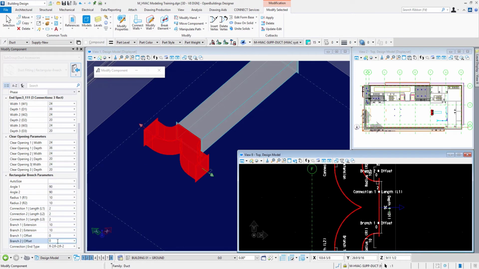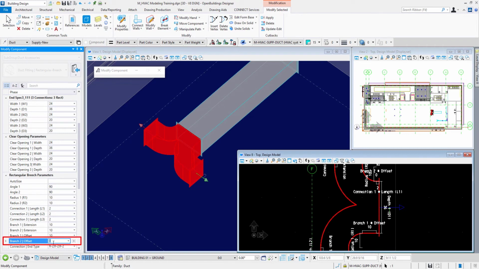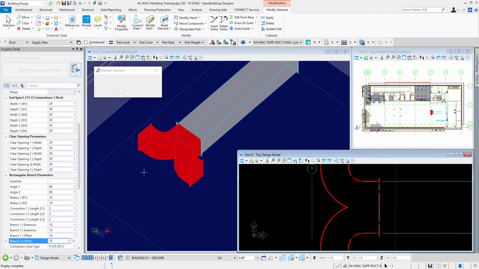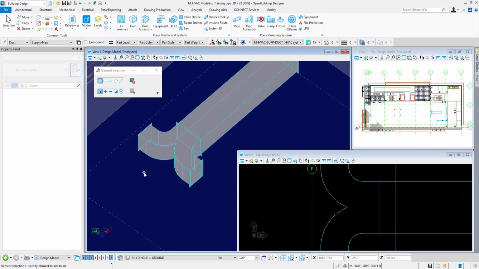Let's take a look at these offsets over here. If I go to branch 1 offset, type in 10, branch 2 offset 10, and you get to see how some of these parameters are affecting the configuration of my rectangular breach. So I right click there to end the modify properties, and now I have placed this breach onto the end of the rectangular duct. I'll close my view 8, the heads up view,